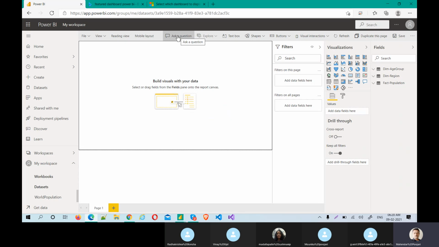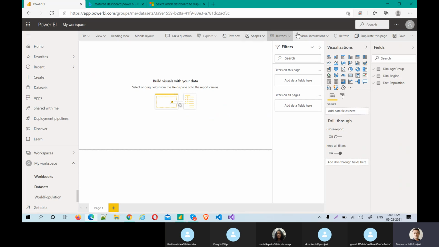We can use ask a question, and we can create custom questions, okay, in the dataset settings. Featured questions we can create, and if they type those questions, the report will come. But what is the extra advantage? By typing a visual type in the question, it will automatically change the data to that visual type. Dynamically it will change. So that is the beauty of ask a question.